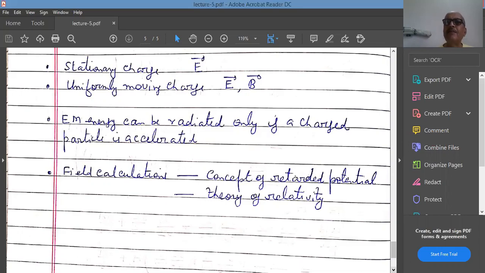One is by applying the concept of retarded potential, and the other is by applying the special theory of relativity, that is, the Lorentz transformation. We will make use of the retarded potential concept, and I told you that the potential at time t at a position r will have meaning with a retarded position, or with the location of a charge at a retarded position. So please read about the retarded position concept, and then it will be clearer how to derive the Liénard-Wiechert potential, or retarded potential, or the value of A and B for a moving charge. That is all about today's lecture.